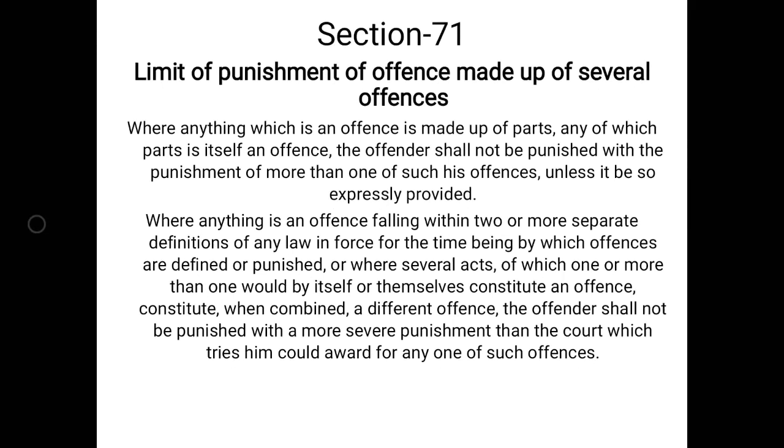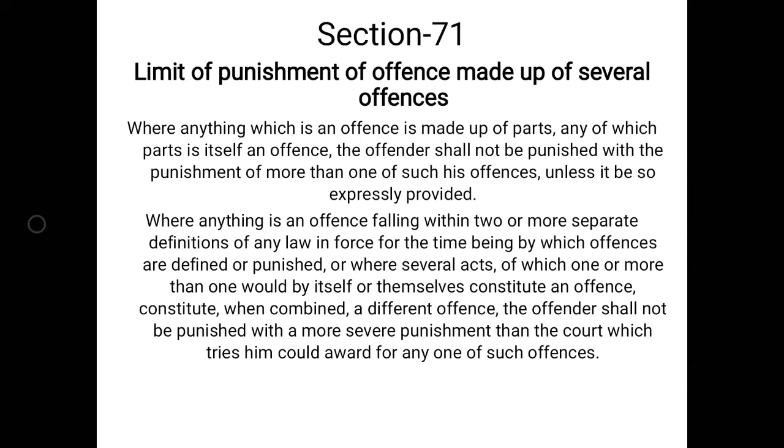Section 71. Limit of punishment of offence made up of several offences. Where anything which is an offence is made up of parts, any of which parts is itself an offence, the offender shall not be punished with the punishment of more than one of such offences, unless it be so expressly provided. Where anything is an offence falling within 2 or more separate definitions of any law in force for the time being by which offences are defined or punished,